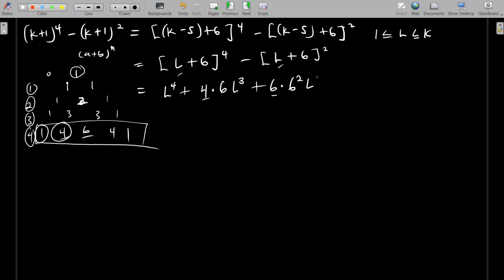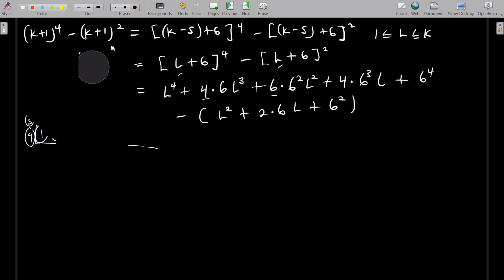Then L squared, I guess, plus 4. That's the next coefficient. 6 cubed L plus 1 multiplying 6 to the power 4. So that's the expansion for the first term. Now the next term is minus the square term. You know how to do that, right? Plus 2 multiplying 6, then L plus 6 squared. So if you knew how to go about this, I'm sure probably I wouldn't have gone through all these, but